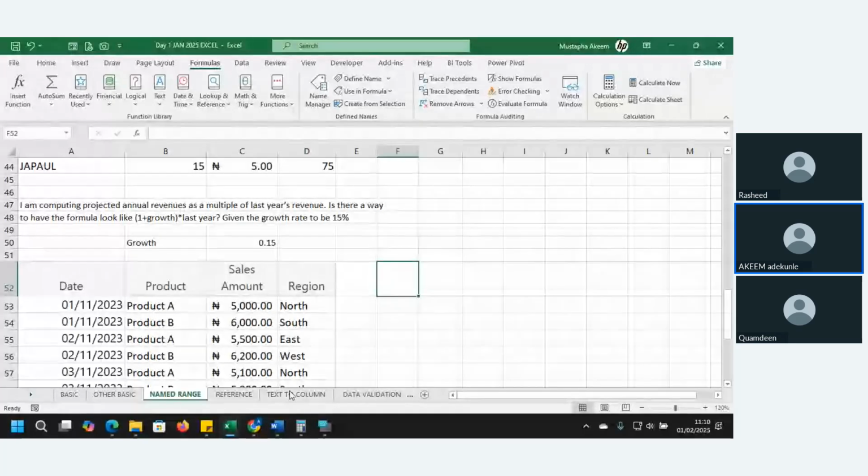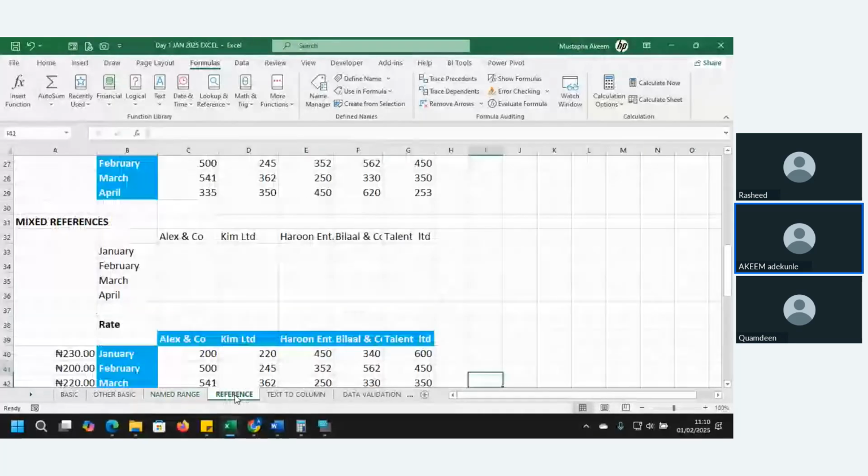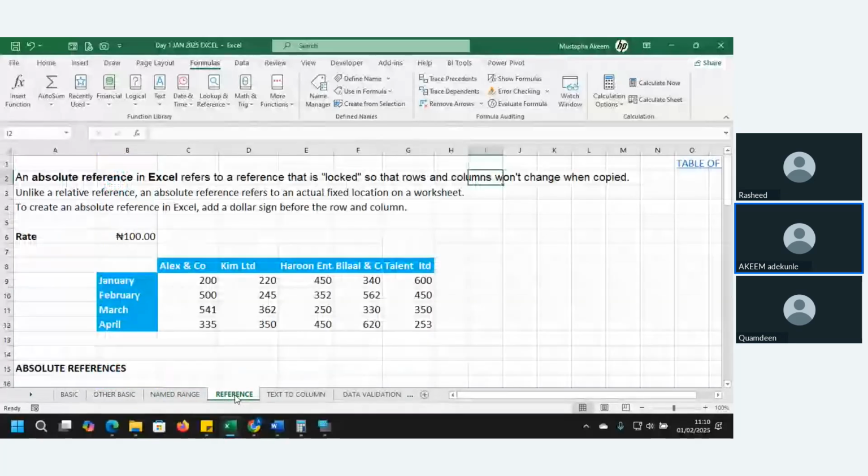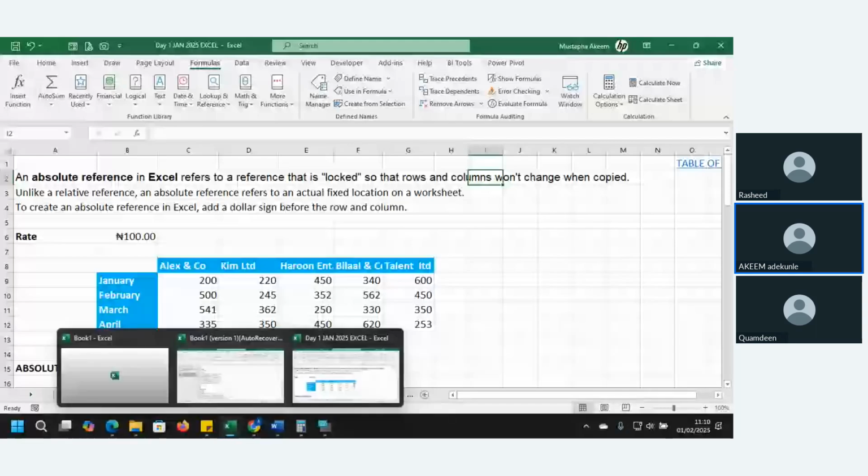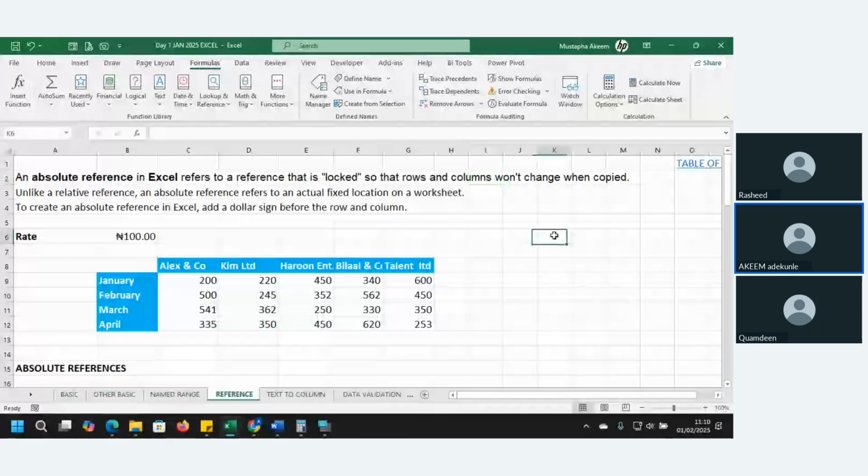So the next lesson we are going to look at is referencing. Referencing in Excel means that, remember when we were learning basic functions and named ranges, I said Excel doesn't really care about the content, but it cares about the name of the cell. That is the reason when you copy something like this, when you multiply,